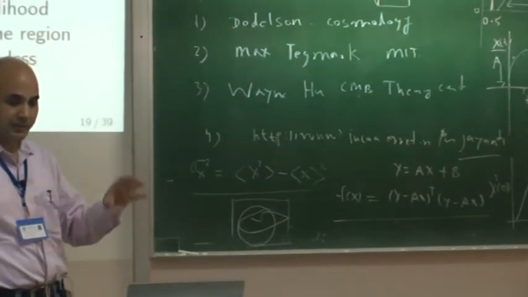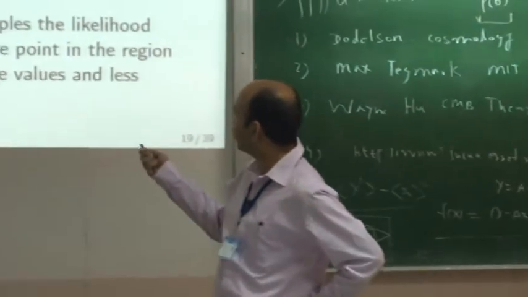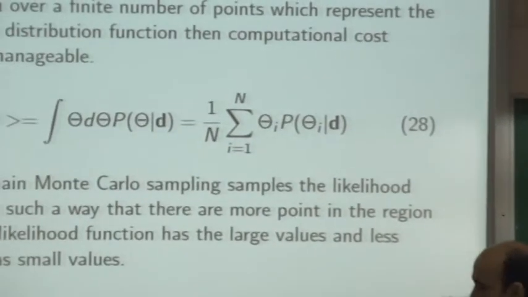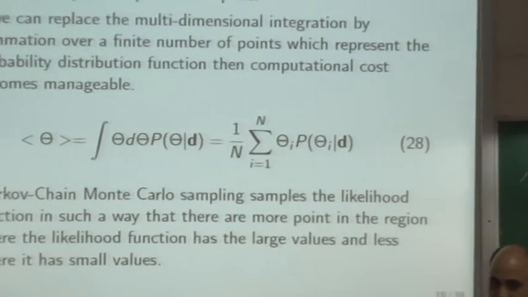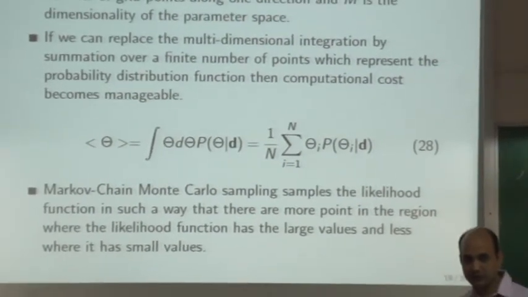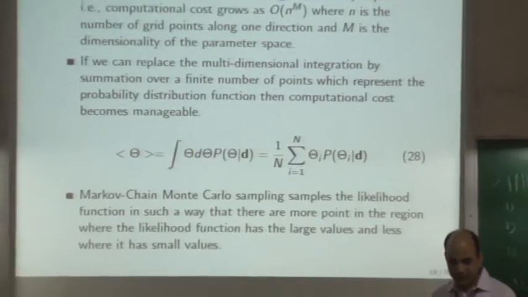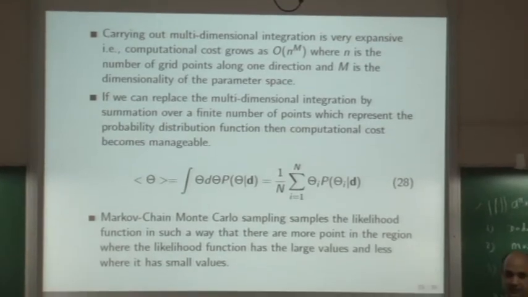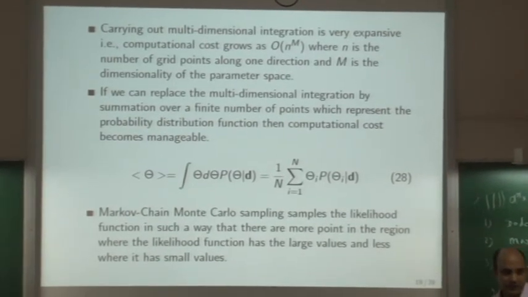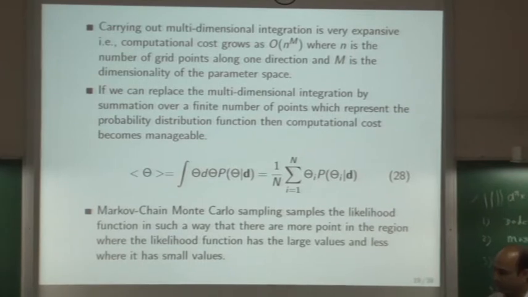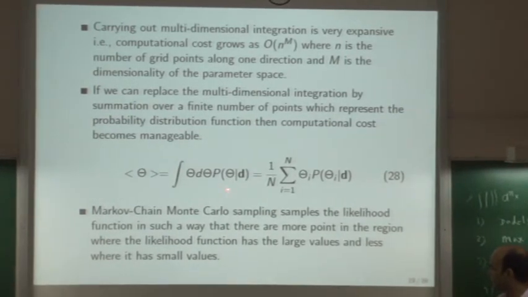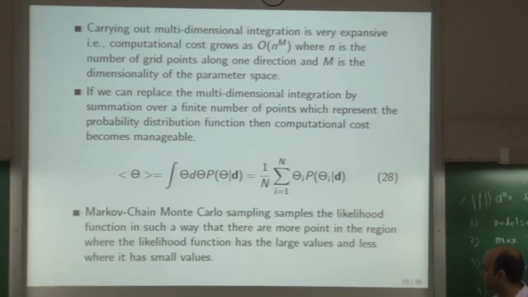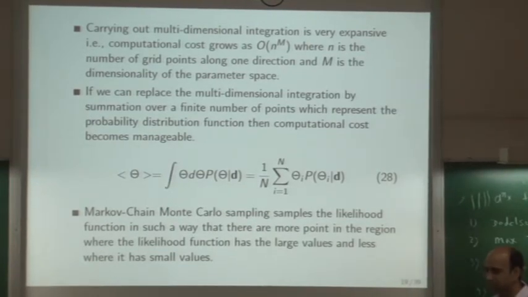You can again throw the points, exactly the same thing we do here, but here there is another thing called the Markov chain. So what we do, we have a likelihood function and we have to carry out integration of this likelihood function, and of course the parameter is put there. We sample that function in such a way that we have a large number of points when the value of the function is large and fewer points when the value of the function is small, and that is done by something called Markov chains.